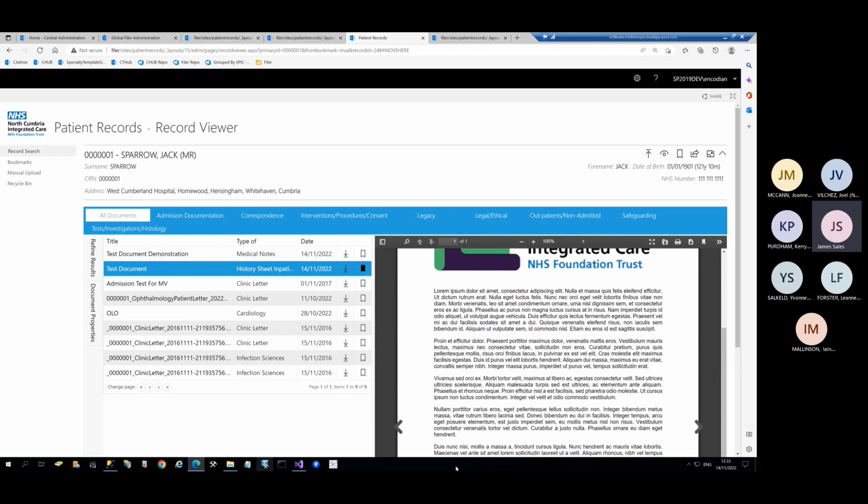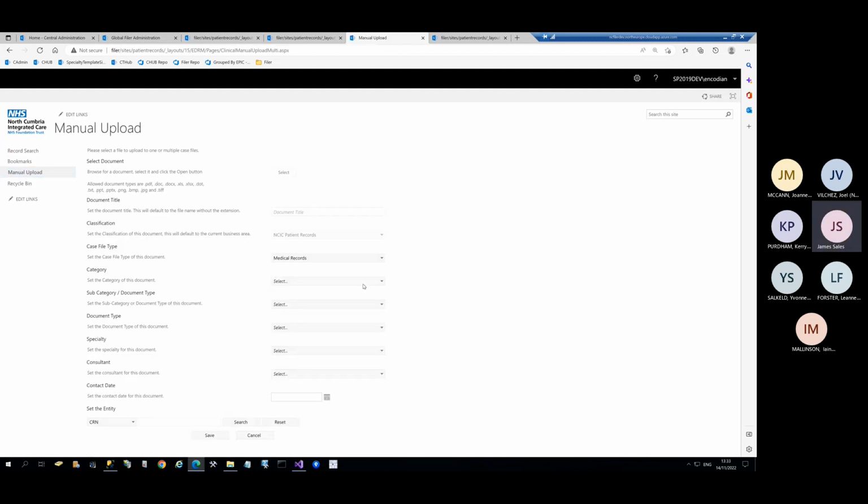So that's the UI there. We've talked about bookmarks. There is a separate manual upload functionality, which allows you to upload documents to multiple patients at the same time. Whether you need to use that or not is up to you guys. We can turn it off if it's not necessary. Basically, it's the same as the one we went through before. We can select the document, classify it. Let's go correspondence, discharge document, A&E,